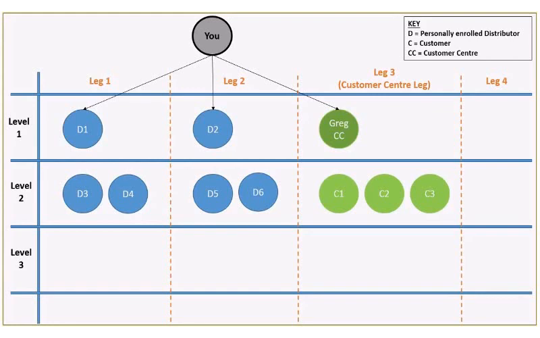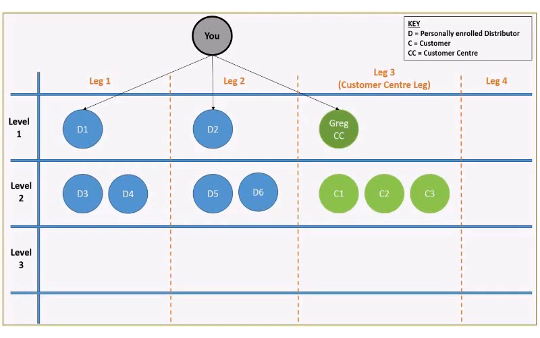And the cool thing here is that the Greg CC account is not active, because you don't require yourself to order product through it. What you're able to do is keep all of that volume and all of these enrolled people, even though their enroller ID shows Greg CC, because the Greg CC account is technically inactive since it's not ordering product on a monthly basis. That's because of something called dynamic